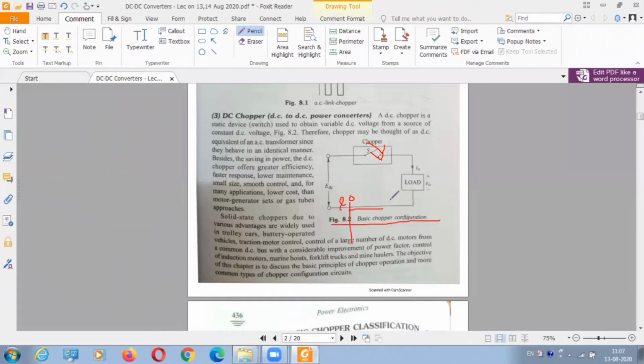As soon as the switch is off, the load is disconnected from the source. For that time period when the switch is off, E0 is equal to 0. Again the switch is on and we get a voltage like this. At the output E0 we are getting a DC voltage because it is not negative; it only follows positive values, so the average value is positive. If it were AC, it would have one positive value and one negative value. So at the output we have a DC value only, but its magnitude is different from EDC. If you take the average value of this, it will be less than the supply voltage.